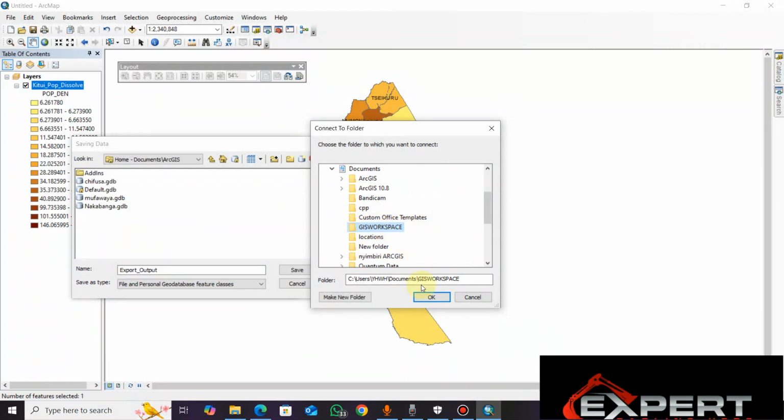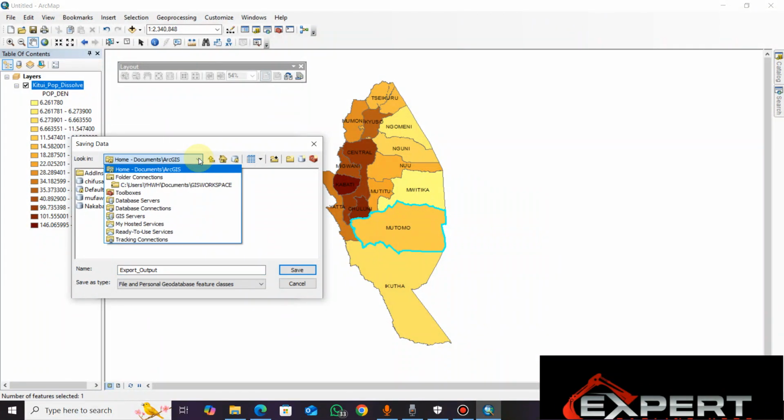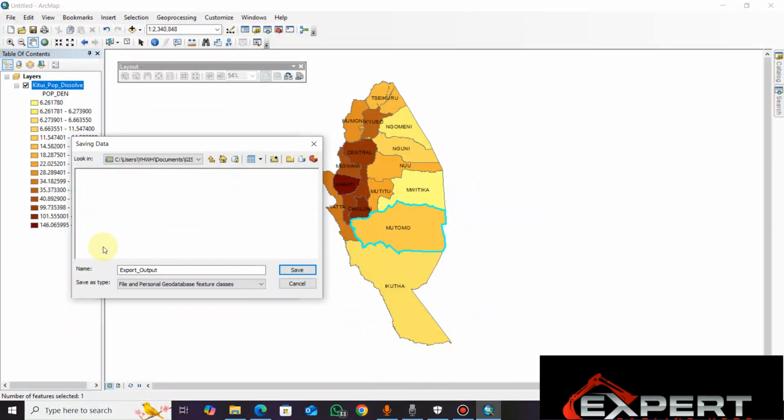Just click on it. Once it's highlighted, you click OK, and then it should appear here. If it's already connected, you can just go on this drop down menu and look for it. So here it's saying GIS workspace, so you have to be very careful. You have to check. Open it, and this is where we're going to save,